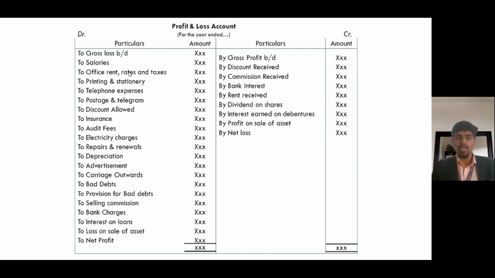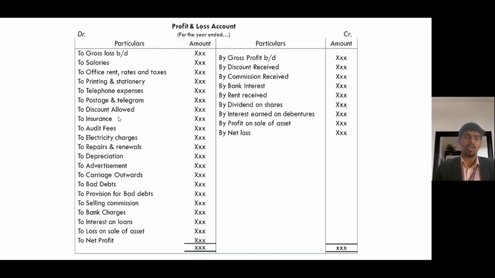And next, salaries. Salaries will be paid to the employees. Okay, and next, office rent, rates and taxes. If any office rent, any rates, any taxes are being paid, that will be taken here. Next, printing and stationery. If any printing and stationery expenses are there, that will be recorded here. Telephone expenses, postage and telegram, discount allowed, if you are allowing any discount to your regular customers,